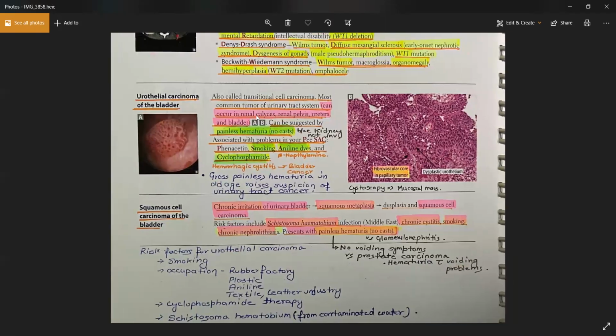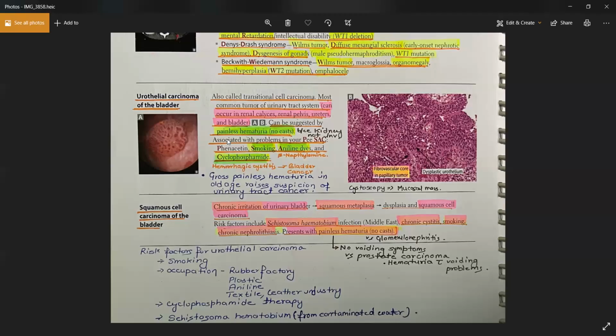The second one is the urothelial cancer. And the urothelial cancer, of course, happens in the uroepithelium, which is a lining of your urinary bladder and the ureter. This tumor originates from the urinary bladder. Okay. Actually, this tumor can originate from anywhere: in the ureters, in the pelvis, in the calyces, in the urinary bladder, because all of these structures are lined by the uroepithelium, right? The urothelium. Yes. So all these renal calyces, pelvis, ureter, bladder, they can have this urothelial carcinoma.